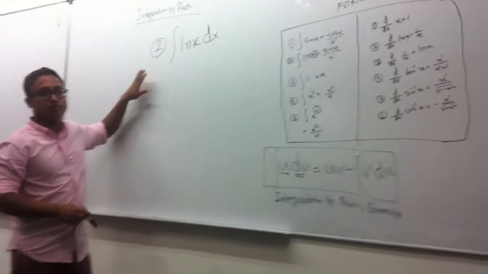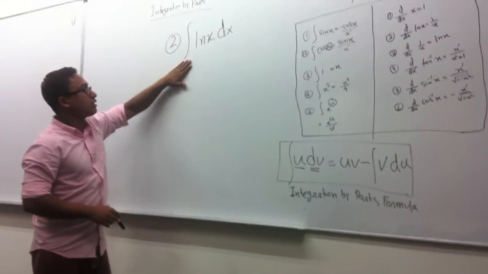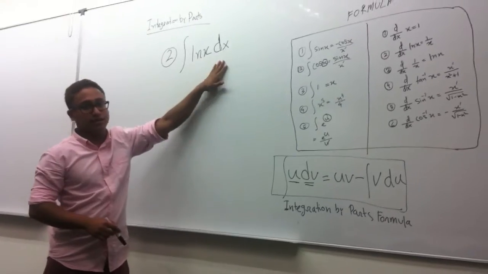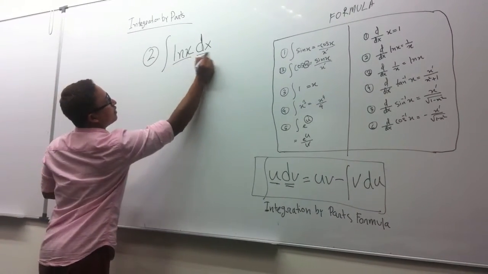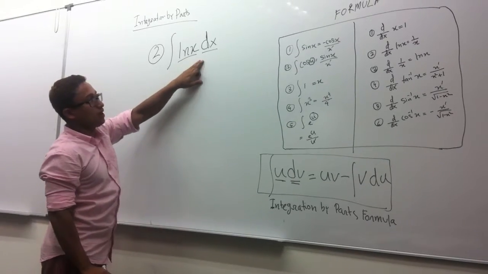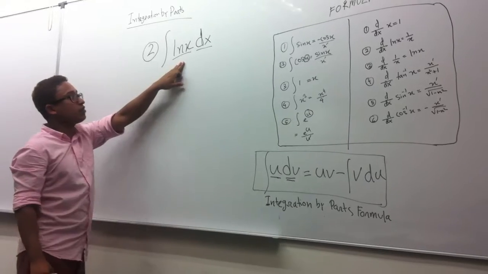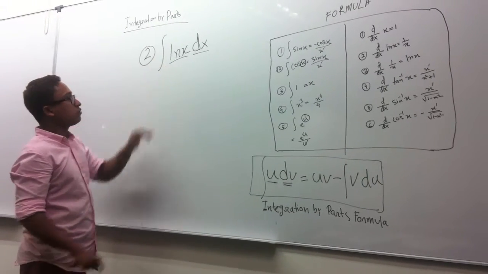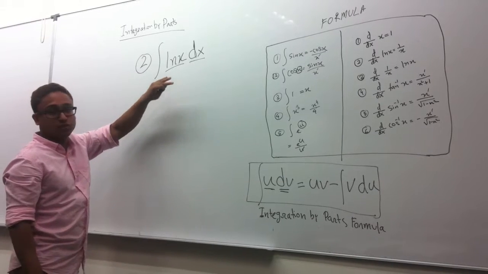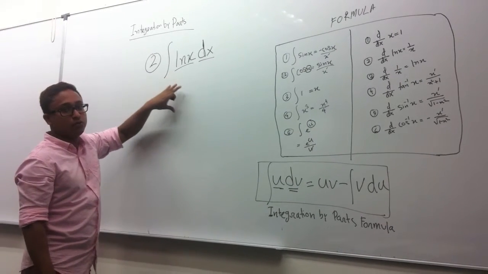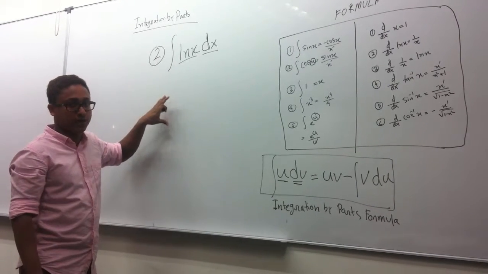Okay, now we're going to solve our second question for integration by parts, which is integration of natural logarithm x dx. There are two functions I can see, ln x and dx. We have to take one of them as u and the other as dv. First of all, we have to think about which one we should take as u. Let's say if we take dx as our u, it's easy to differentiate, but at the end we have to write a lot to get our final answer.